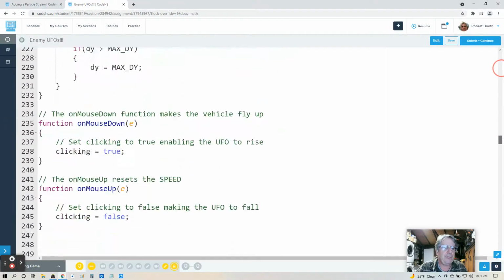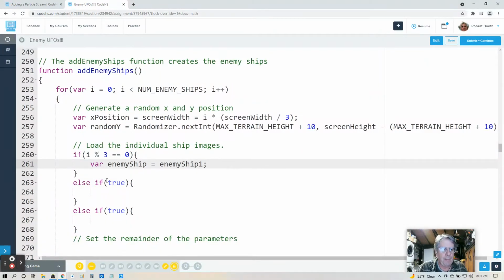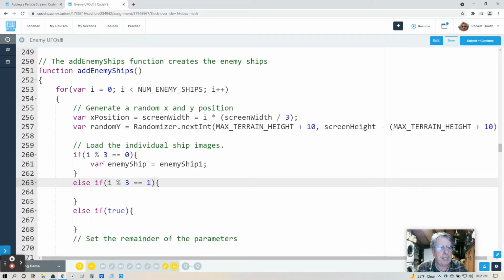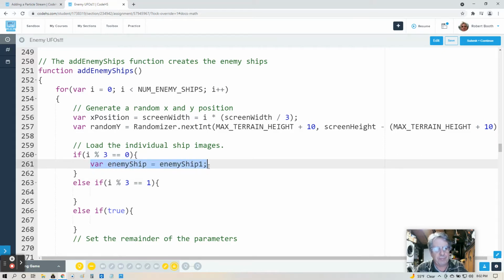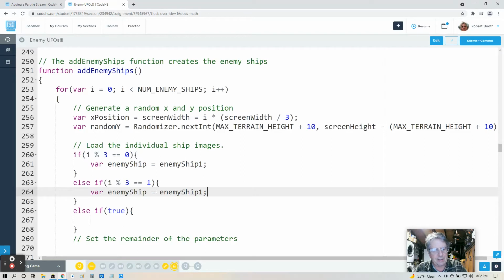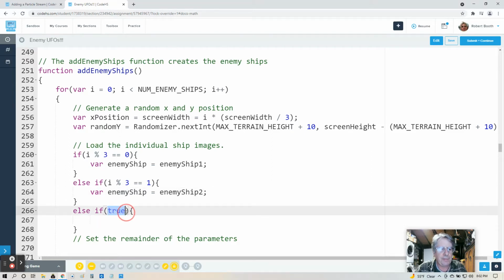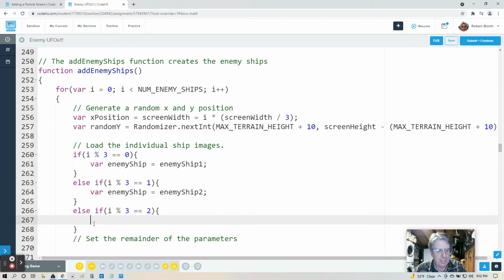So back down here. If I mod 3 equals 1, then I'm going to steal this, paste it, change 1 into 2. Then I want my enemy ship to be enemy ship 2. And if I mod 3 equals 2, paste that again, and the enemy ship is going to be set equal to